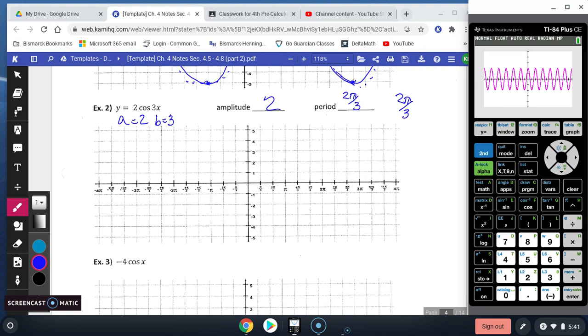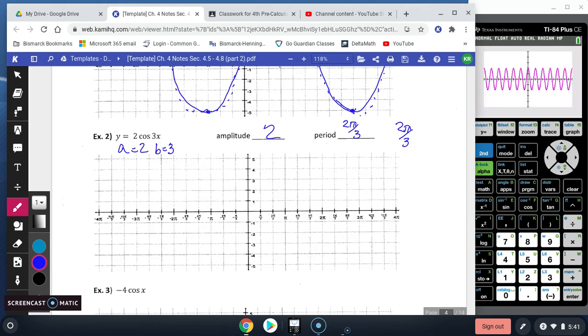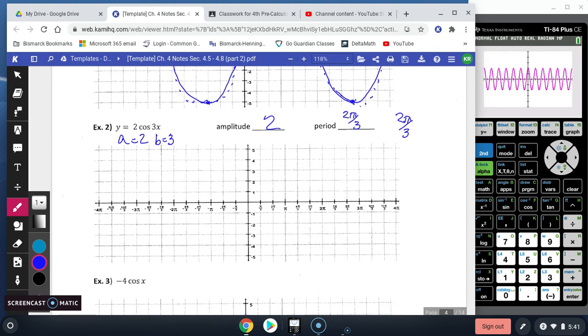If your cosine starts at 1, so at 0, you're at 1. Well, actually, it's at 2 because my amplitude on this one is 2. So at 0, I'm going to be at 2. And at 2/3, I start up at 2, you're going to come down, you're going to go back up, and you're going to end up back at 2. So you have to get all of that accomplished in just a little